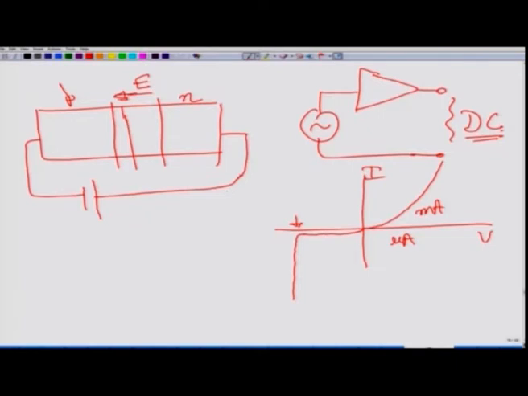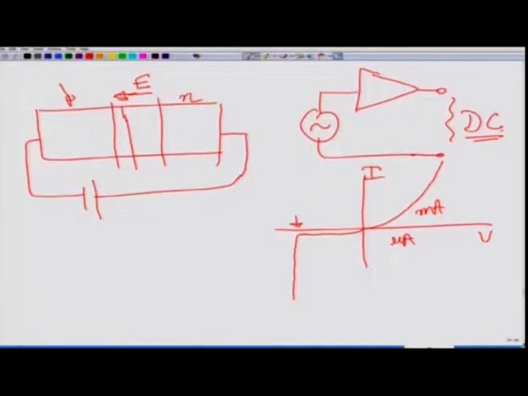So, the battery negative is connected to the P side and the battery positive is connected to the N side. The minority carriers which make the drift current, which make this reverse bias current, for example, in the P side the electron is my minority carrier. So, this electron goes from this side to that side because the electric field helps it, the electric field is from right to left. So, minority carriers drift because of this electric field. During this drift, while they are going through this electric field region, the speed increases,